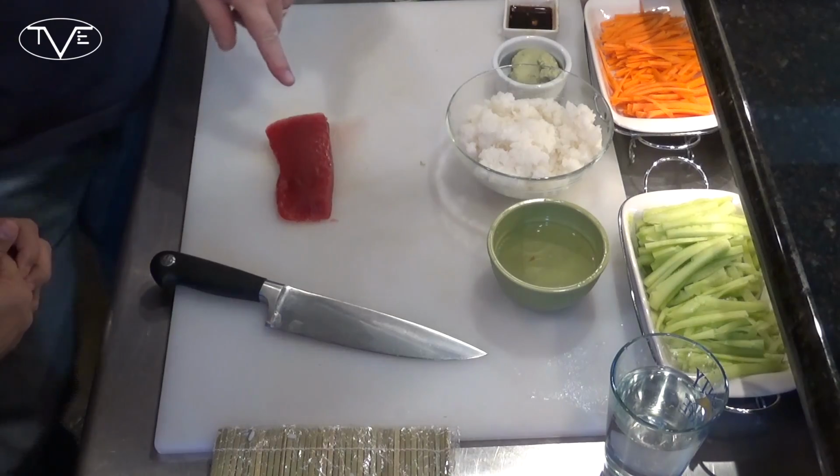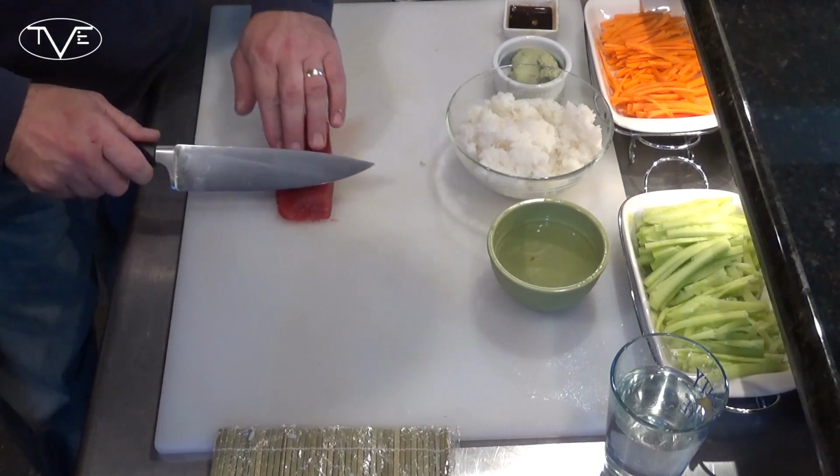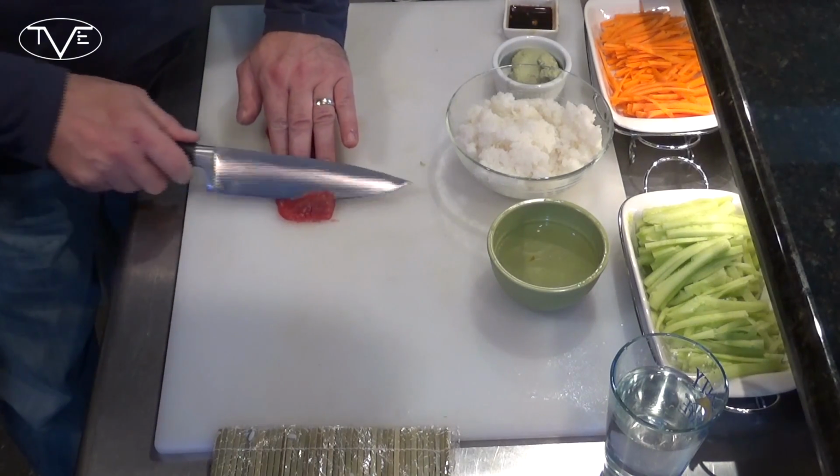Once we had all of our rice mixed, we spread it out on a baking sheet with parchment paper to let it rest, because we don't want to be working with hot rice. We then wrapped our sushi mat just like I showed you, and now we're ready to really tear into this one. What's next, Matt? So we're going to prepare the sushi grade tuna, and we're going to cut it